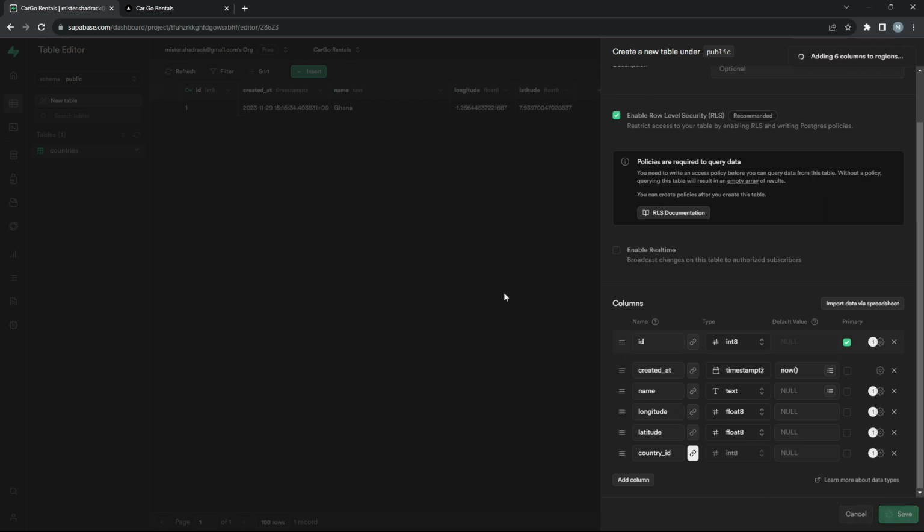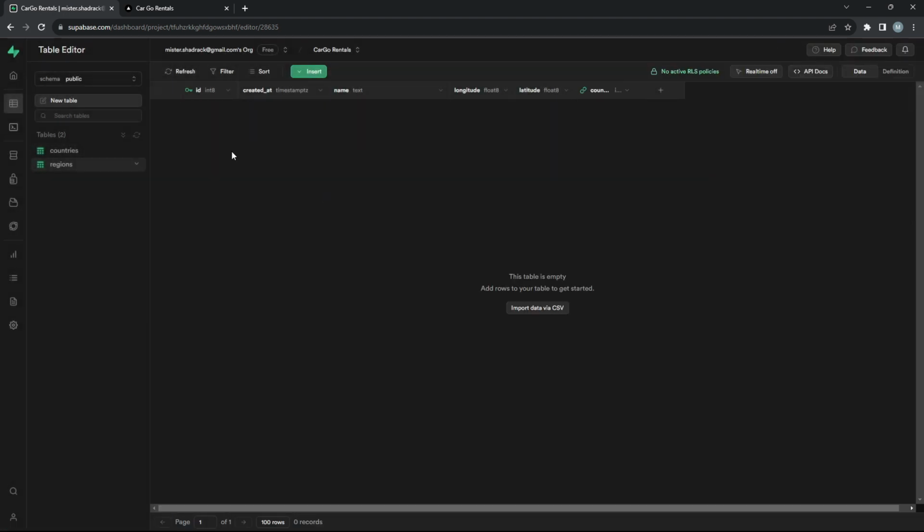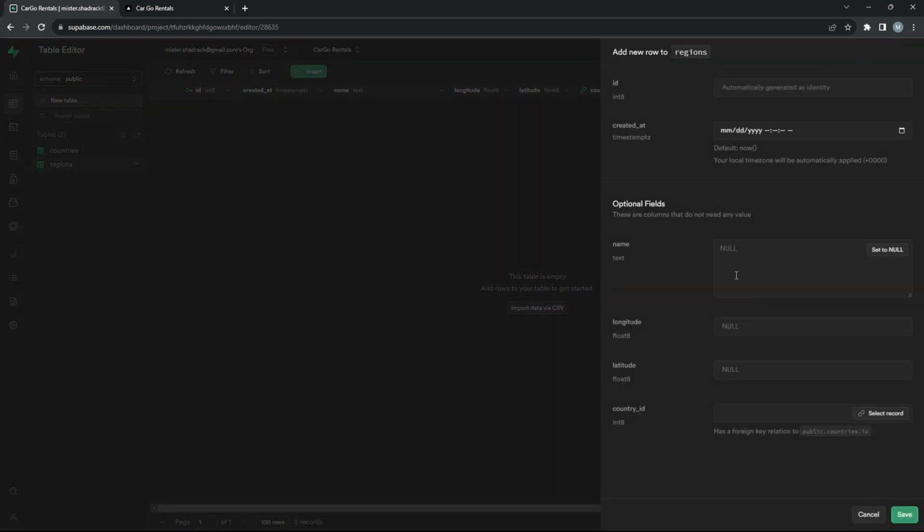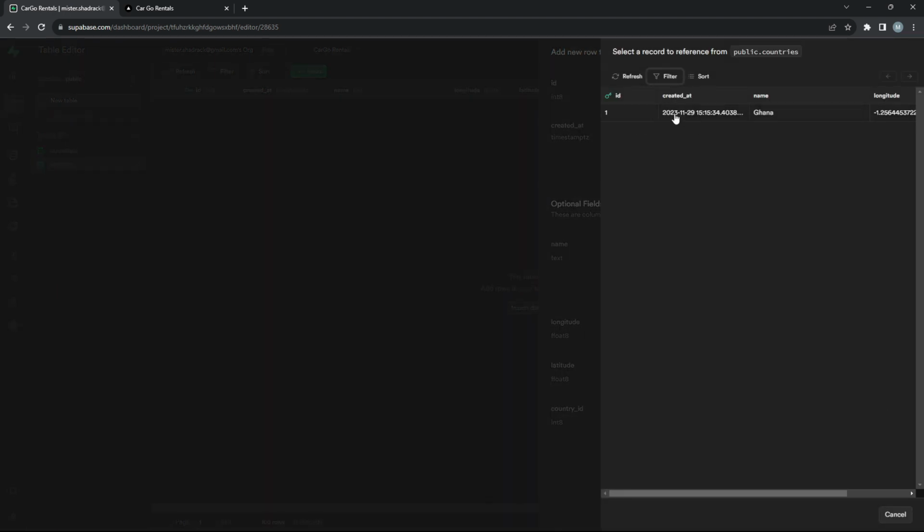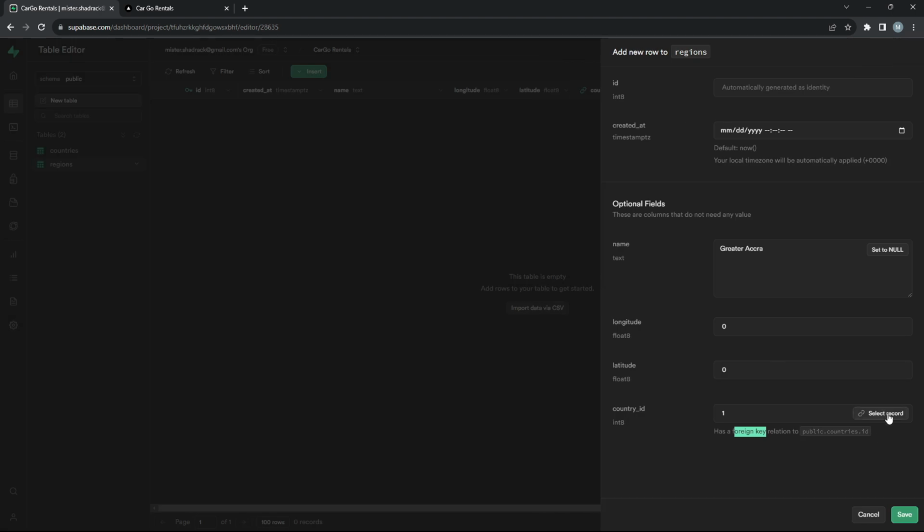Now after this creates, I'm going to add a record. So here, regions, I can go to insert a new rule. For example, I can add a random example. So here the name is going to be Greater Accra, like this. Longitude and latitude, let me just put 00 here for now. And here, because the country ID is a foreign key, I can click on select record and choose which country I am referencing. And when I select the country, you see the ID is being populated here. So when I click save,